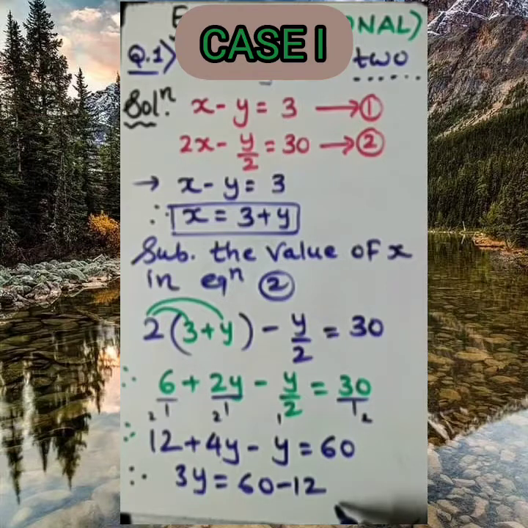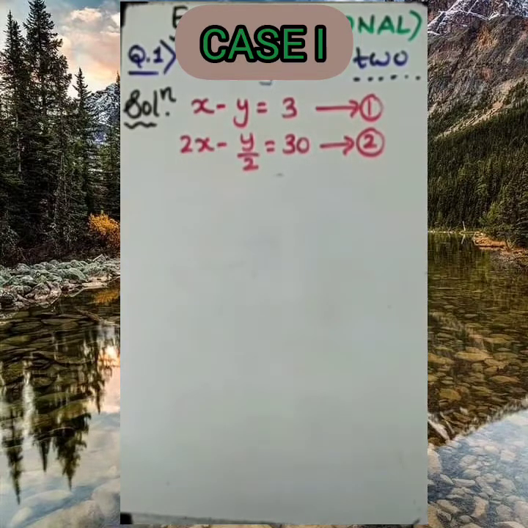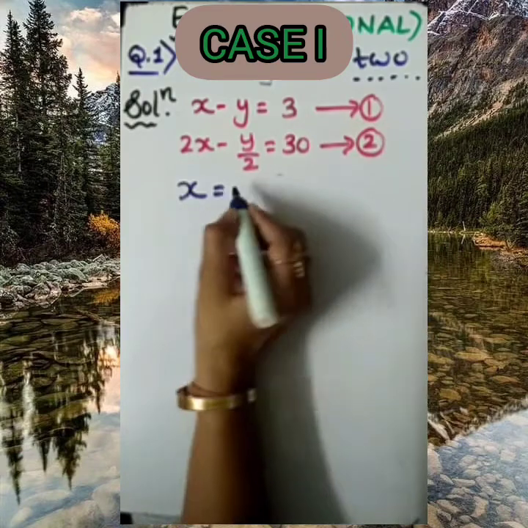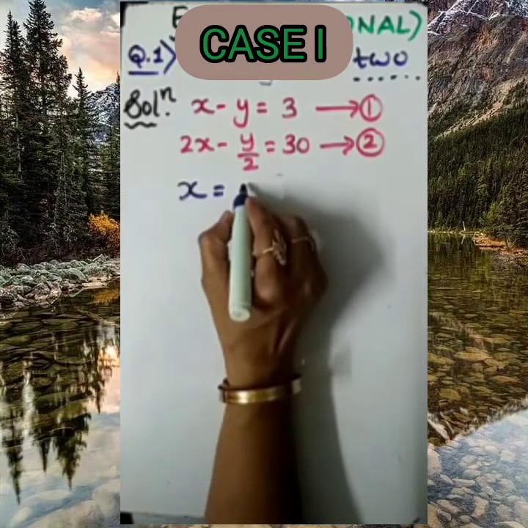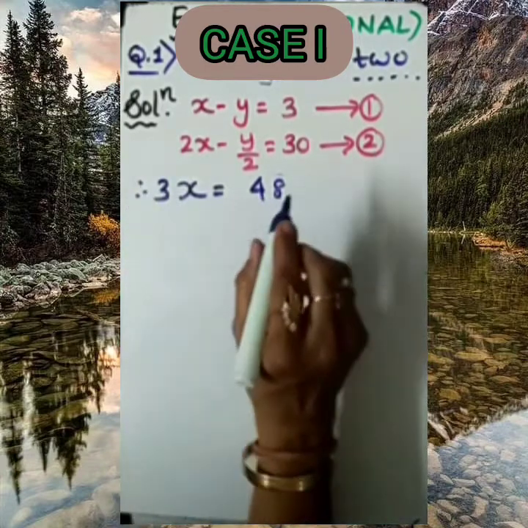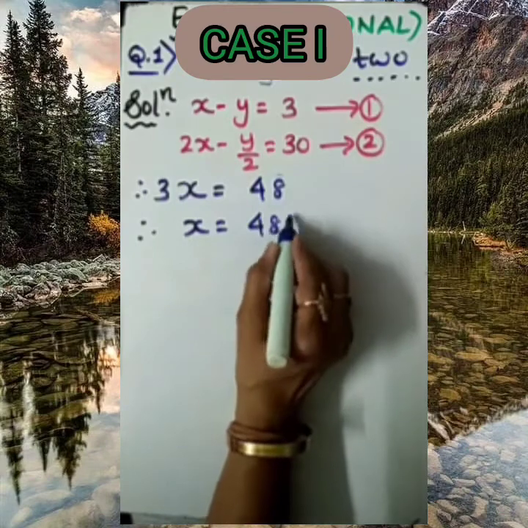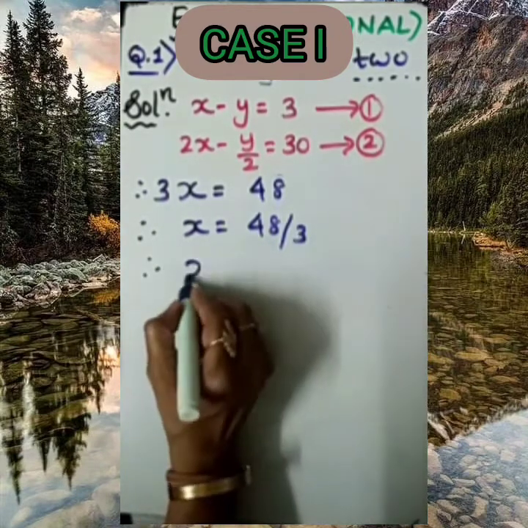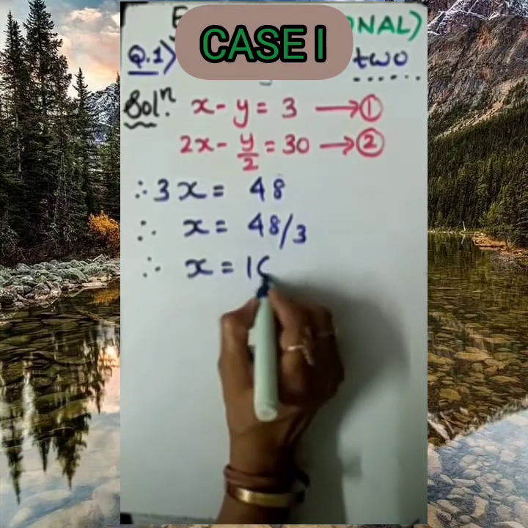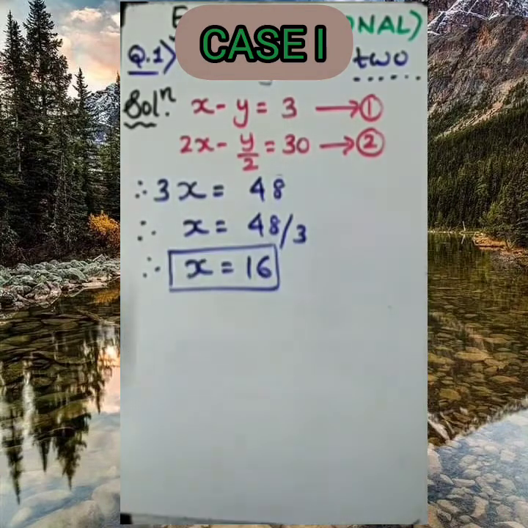So next step I am doing. I hope up to here it is clear to you. Let's find the next step. We know here 3y equal to 48. Next step of that, 60 minus 12, 48. Therefore y equal to 48 divided by 3. Therefore y equal to, we know, 16 threes are 48. So the value of y we got is 16.